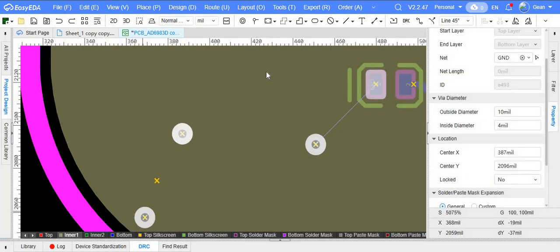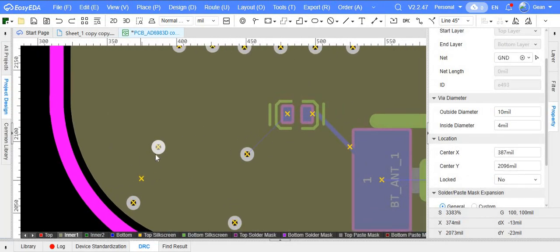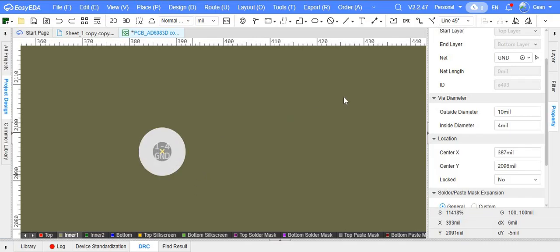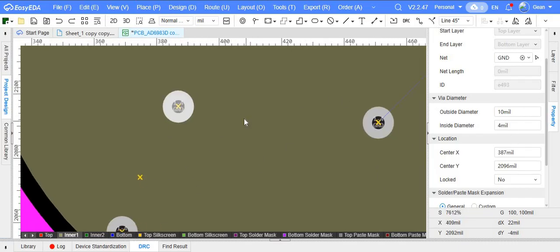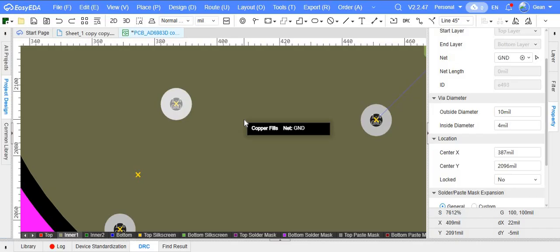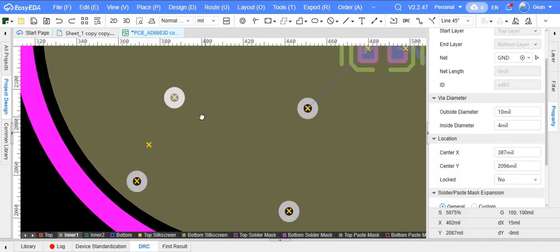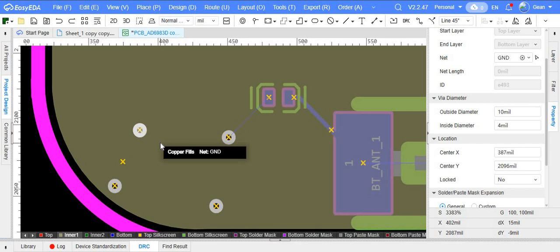So let's see if we can correct this, not by turning the via to 24 mils of diameter, but by adjusting this for our requirements. I wanted my via to have 10 mils, not 24, but it is returning this error. So it's not only a method of the software to warn us, but also when we export the document, we don't want any conflict,